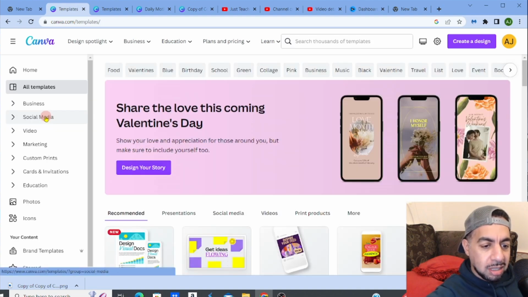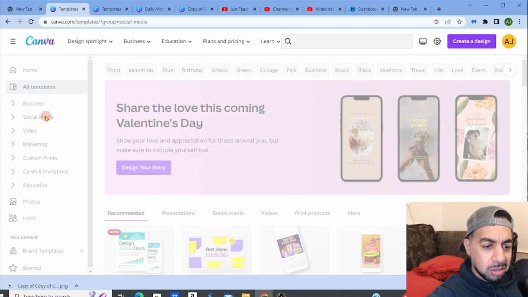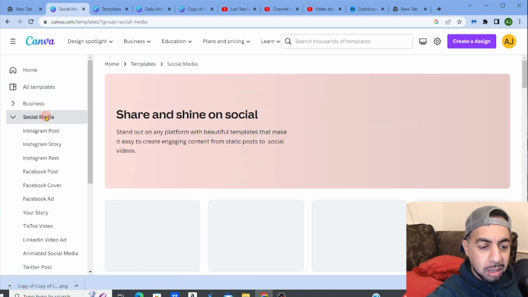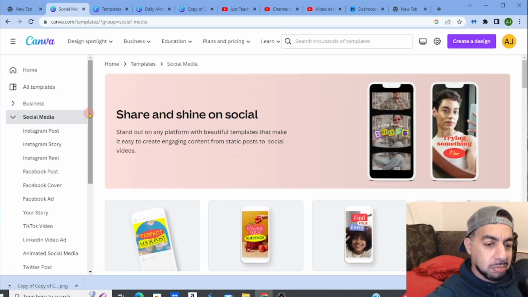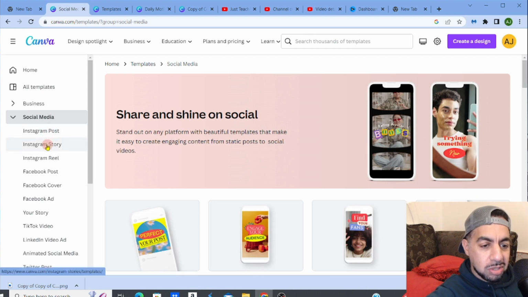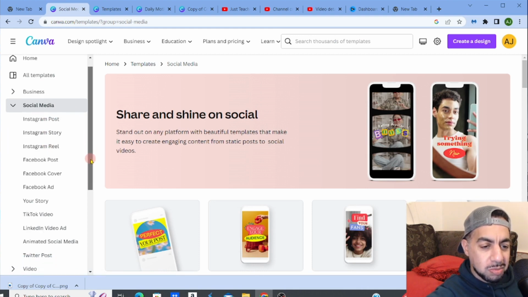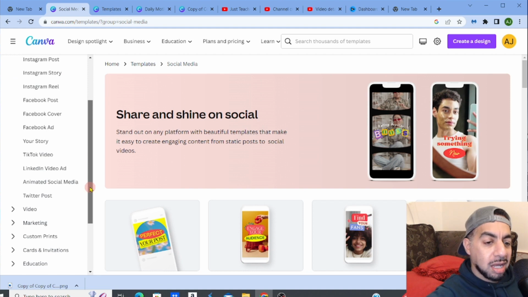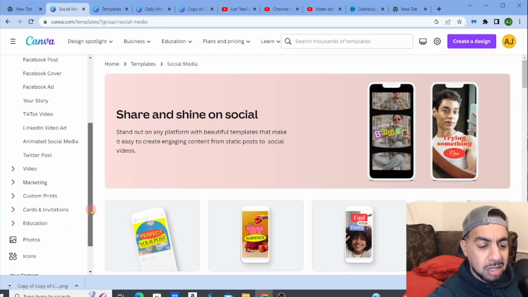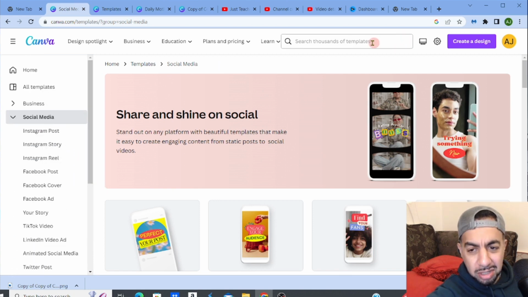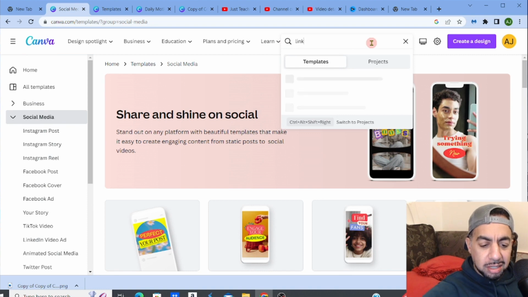So, look, let's click on social media on the side, and look at it, guys. Instagram post, Instagram story, Instagram reel, Facebook post. It's got literally everything you need. You got LinkedIn, Twitter post. It's there to create everything for you. I'm just gonna type in